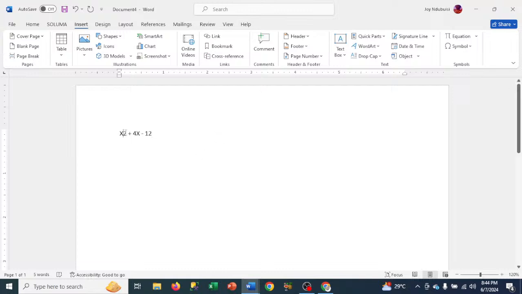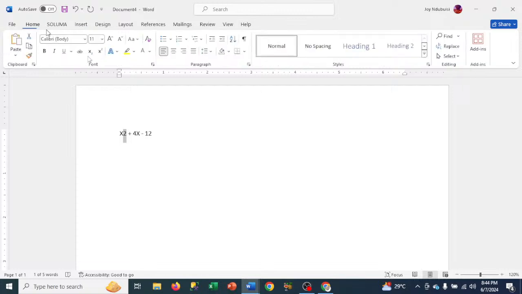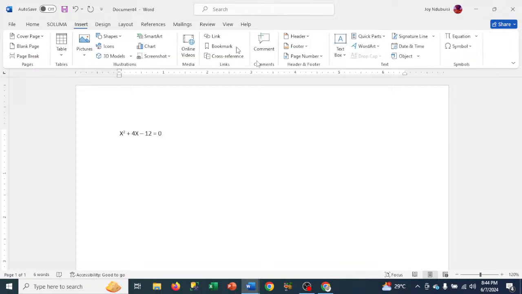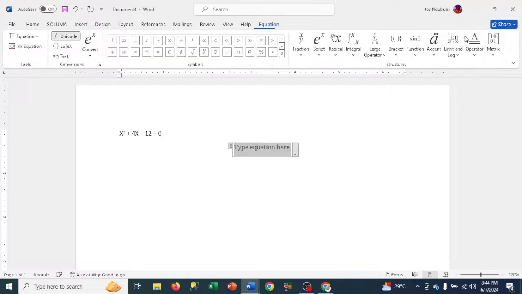Now, I select the 2 and make it superscript, and then I say equals to 0. Let's say this is a quadratic equation, and I want to retype this quadratic equation, but in a different way. I will come to this place and select equation. So once I select equation, different ways we write the equation will come out. So inside here I will